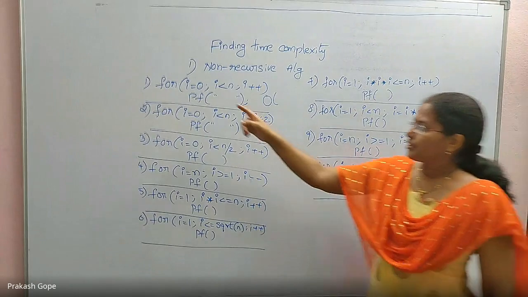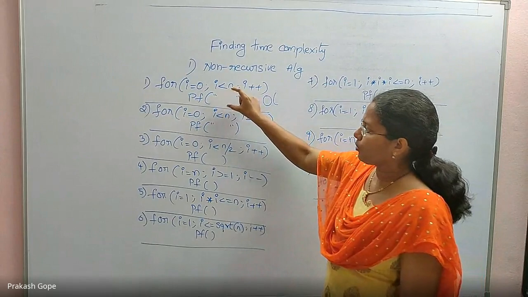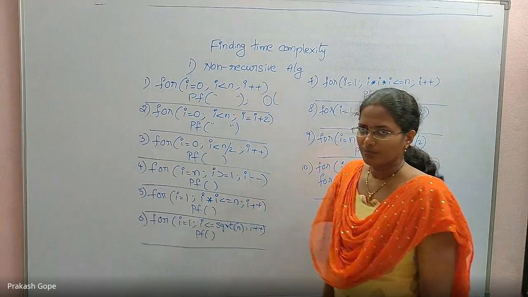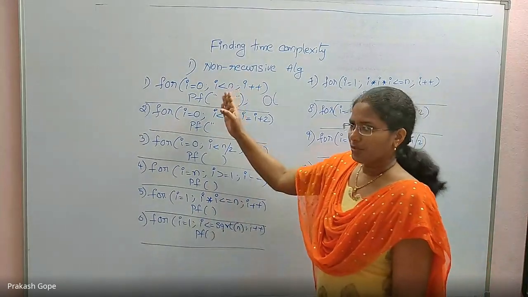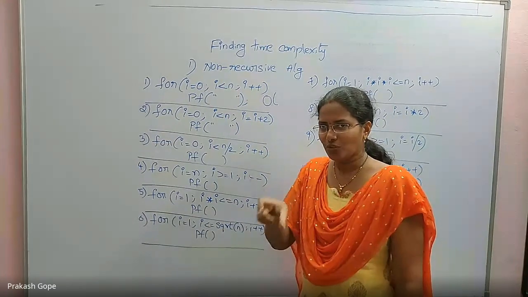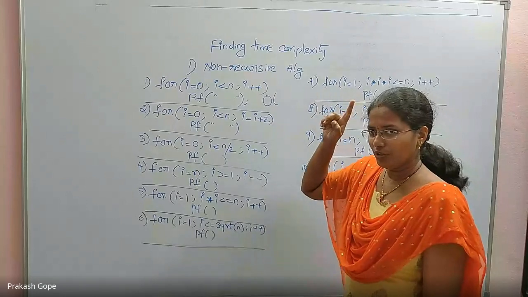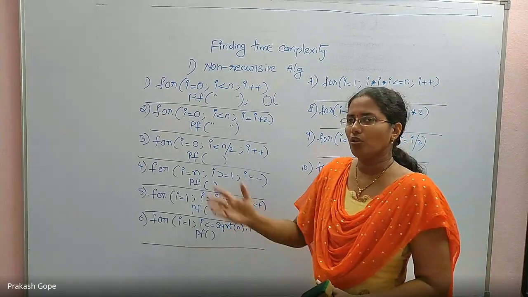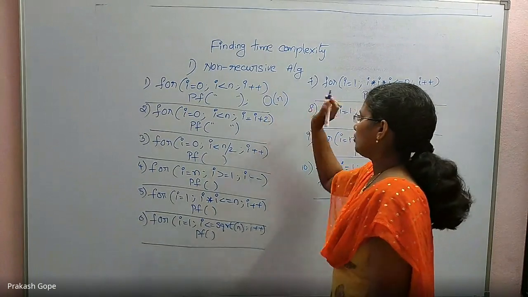First one, it starts from 0, goes till n minus 1, I plus plus. How many times does this for loop run, whether it is printf or a block of statements, doesn't matter? N times, approximately. We are not interested in whether it is n minus 1 or n plus 1, because that plus 1 and minus 1 has no importance in terms of big O. I told you in the very first statement, we are studying the behavior of the functions as n tends to infinity. So ignore all the constant multiplications, additions, subtractions, and divisions. So it is big O of n only. Okay, first one is done.